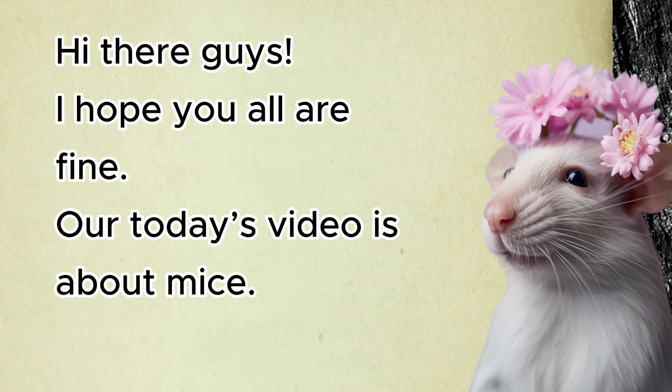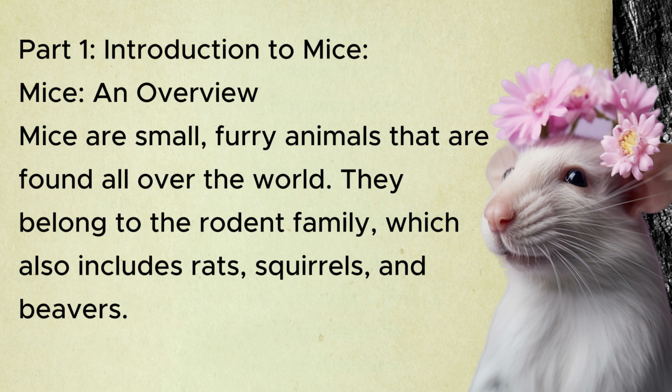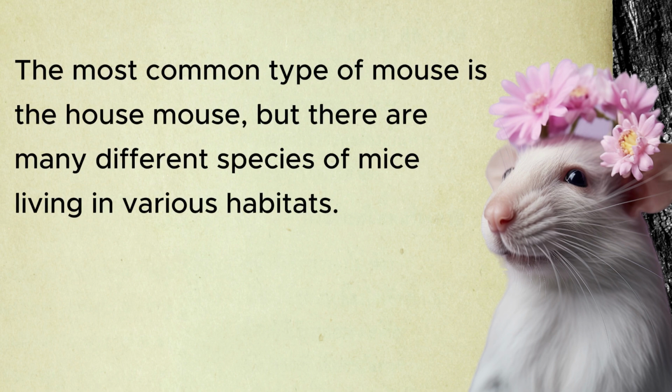Our today's video is about mice. Part 1, Introduction to Mice. Mice, an overview. Mice are small, furry animals that are found all over the world. They belong to the rodent family, which also includes rats, squirrels, and beavers. The most common type of mouse is the house mouse, but there are many different species of mice living in